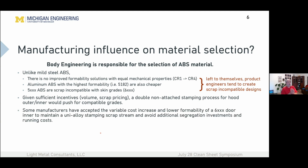Some manufacturers, though, we talked about the fact that Ford decided to use 5182 for the door inners. Well, some other manufacturers said, we don't want to spend the money to invest in sorting different aluminum scrap streams, and we don't want to pay for running those systems. So we're going to bite the bullet. Because there is not that much difference in formability, yes, 5000 is better than 6000, but in the grand scheme of things,